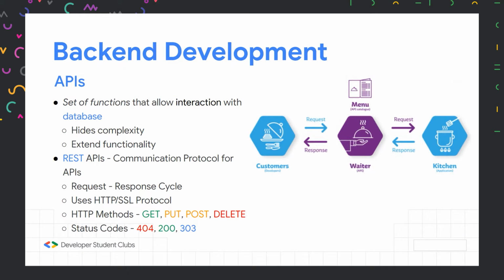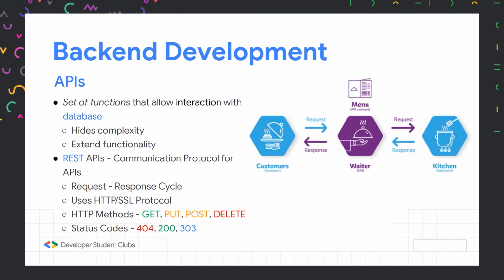It acts as an interface between the customer and the kitchen. So there's no direct communication between the customer and the kitchen. The only mode of communication is via an API, or via a waiter. Now in the kitchen, there are multiple processes happening for the preparation of the food item, such as washing of the ingredients, cooking of the food, plating. All this is a part of backend. It's not being shown to the customer, and it's all masked by an API. So basically, our waiter here is the API.